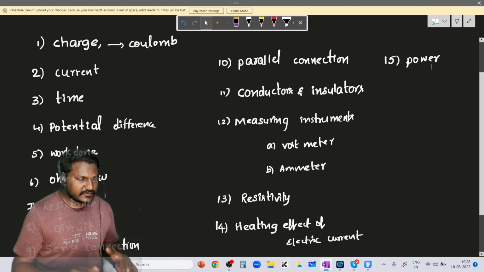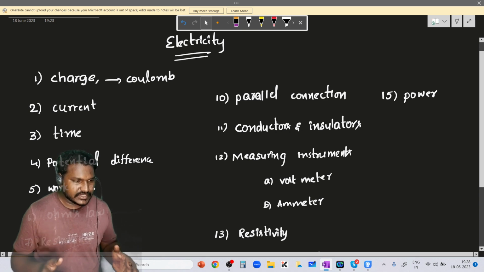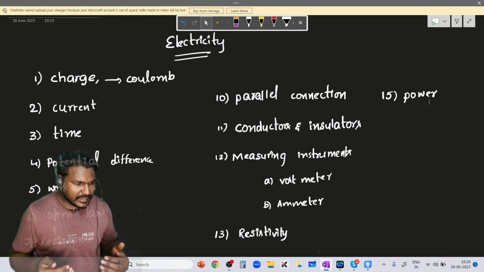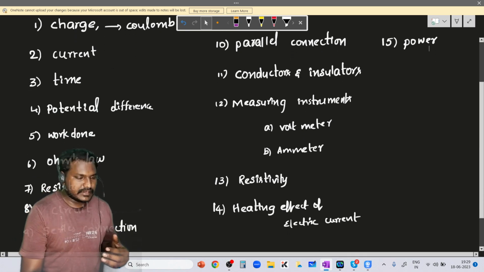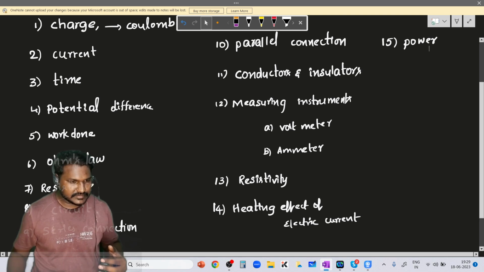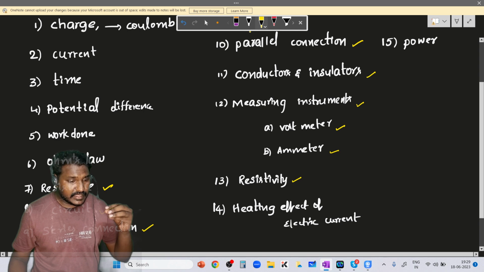Topics at a glance. In the electricity chapter we have topics called charge, coulomb, then current, time, potential difference, work done, then Ohm's law, then resistance. Then circuits, and we'll study series connection and parallel connection, then conductors and insulators, then measuring instruments, the voltmeter and ammeter, then resistivity and the relation between resistivity and resistance,